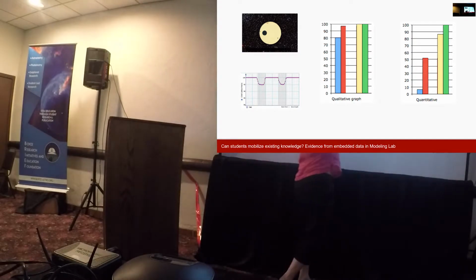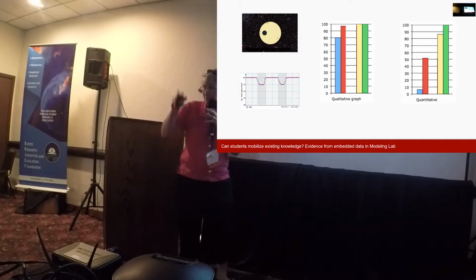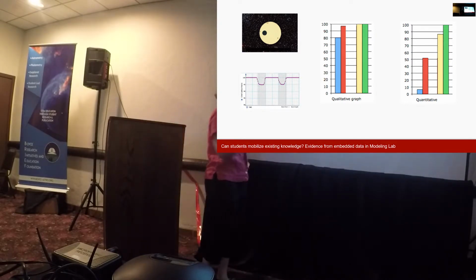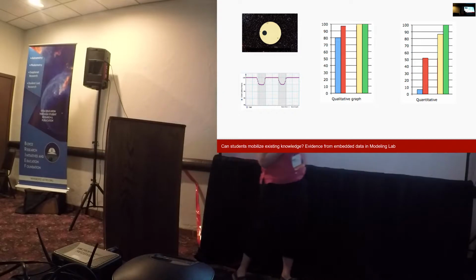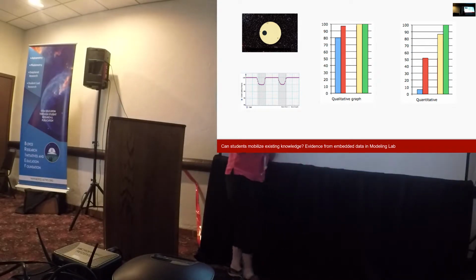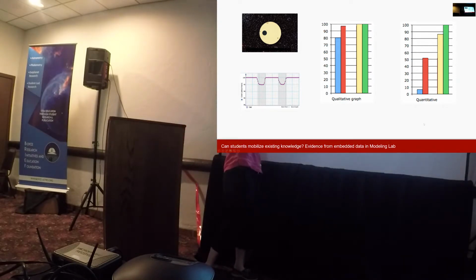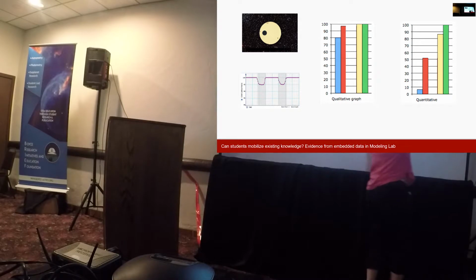And these are 2 classrooms. So I'm just picking 2 classrooms. In the embedded answer where they describe what happens, why they predict a dip like that, qualitatively, most classes, here's 2 classes, pretty much every student can describe that. But when asked to make a quantitative prediction, if the planet is 1/5 the diameter of the star, what % dip will there be? Then you get a large variety between classes.